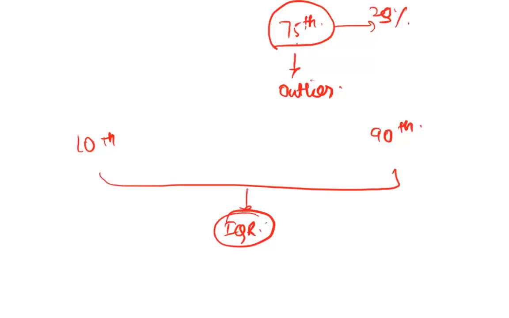Yes, the range will be Q1 and Q3. For calculating the interquartile range and considering it as a measure of dispersion inside my data, I look at my first quartile value and my third quartile value and find out the difference. That difference will give me a sense of the spread. Yeah, got it. Thank you.